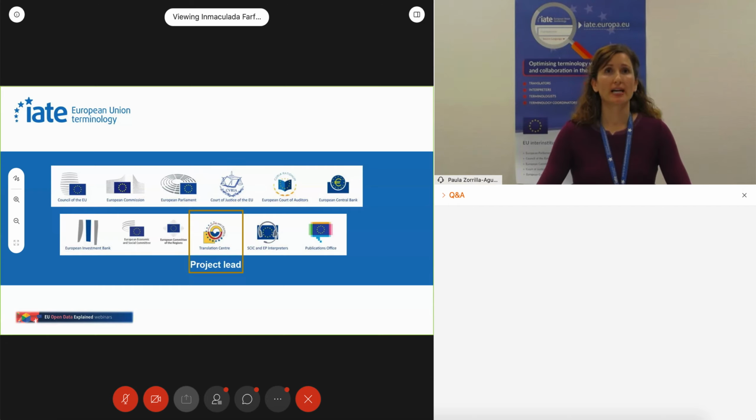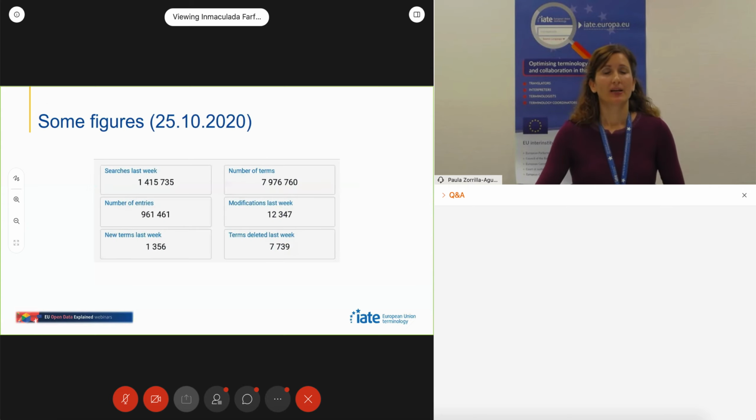A full new version of IATE was released in late 2018, and we continue enriching it with new features and improvements approximately every 2 months. We invite you to consult regularly the release notes available in the footer to see what's new. As you can see on the next slide, where we have some figures, IATE receives around 250,000 queries in a normal working day from internal and external users, and its content gets updated on a daily basis by EU terminologists.